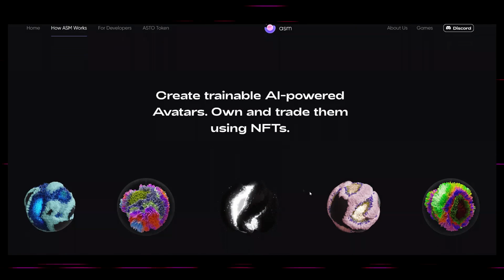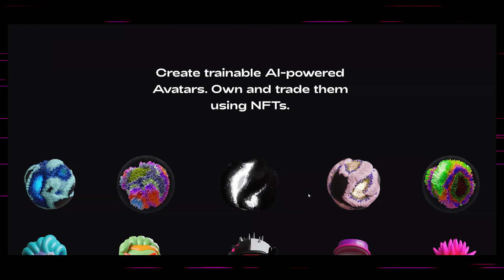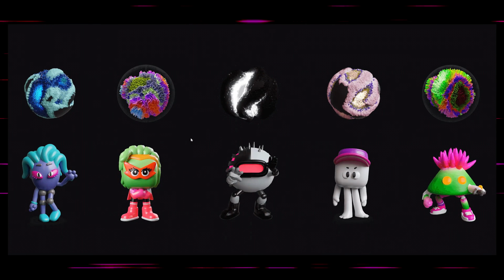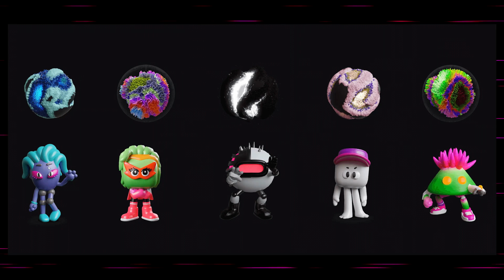Create trainable AI-powered avatars, own and trade them using NFTs. So the basics of it are you have a brain, you have an NFT. These work in tandem.